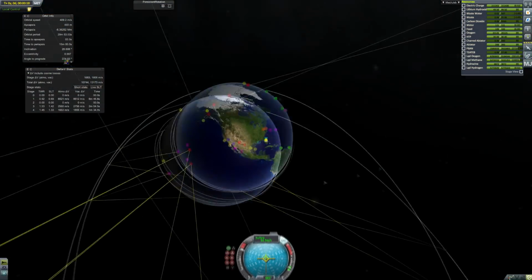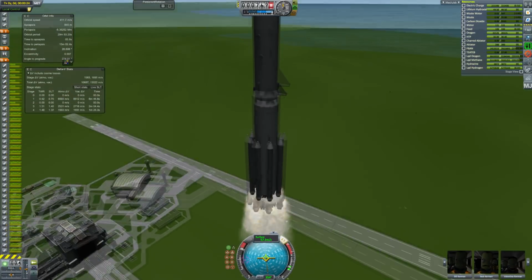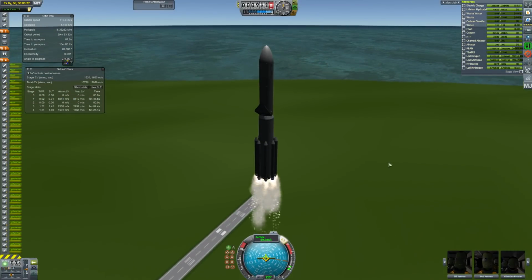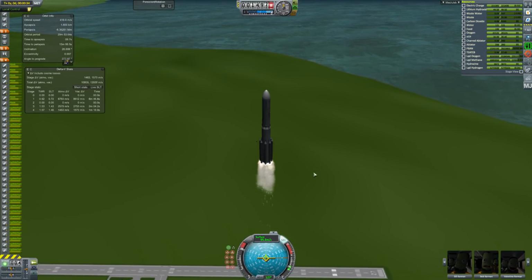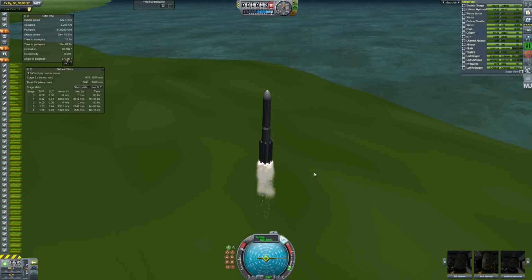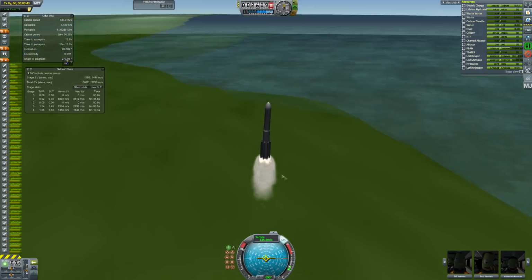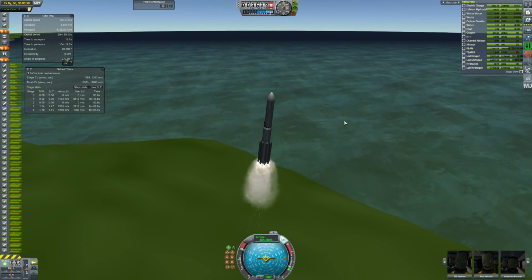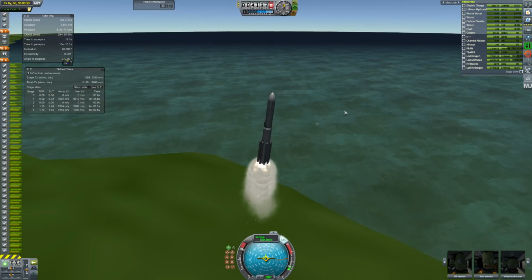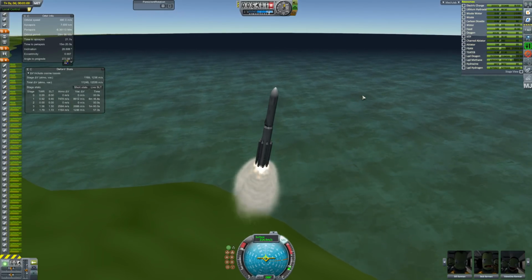Well, basically I had this really awesome thing planned, which was a SpaceX BFR style moon landing. I was going to build a BFR, fly it up, refuel it in orbit, and then land on the moon. But it turned out this wasn't particularly possible in RSS because I couldn't get the thrust-to-weight ratios or delta V correct, and this is because the fuel tanks and parts are too heavy in real solar system